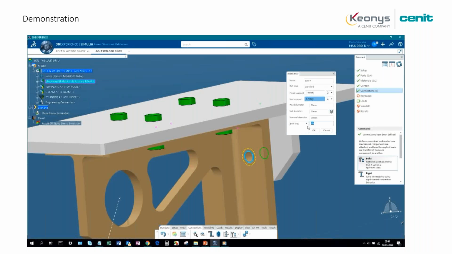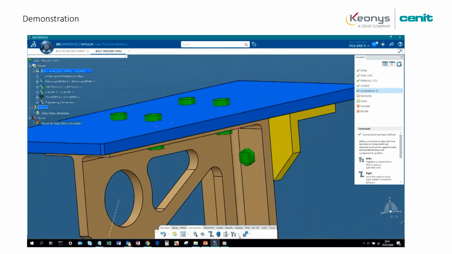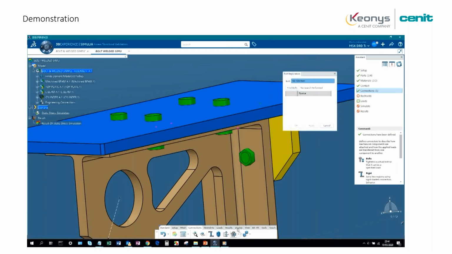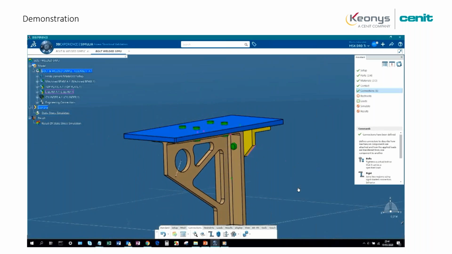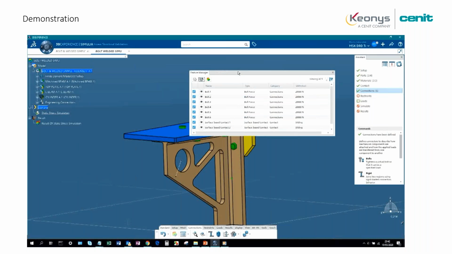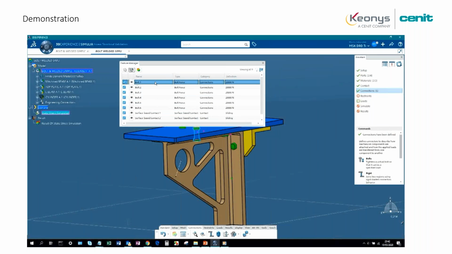We can do this for the vertical bolts, where the bolt loads are 2000 newtons, and you can automatically replicate the bolt on the same surface. So it's quite easy to set up this bolt. The geometry of the bolt here is just to make you understand that you are applying bolts between parts.